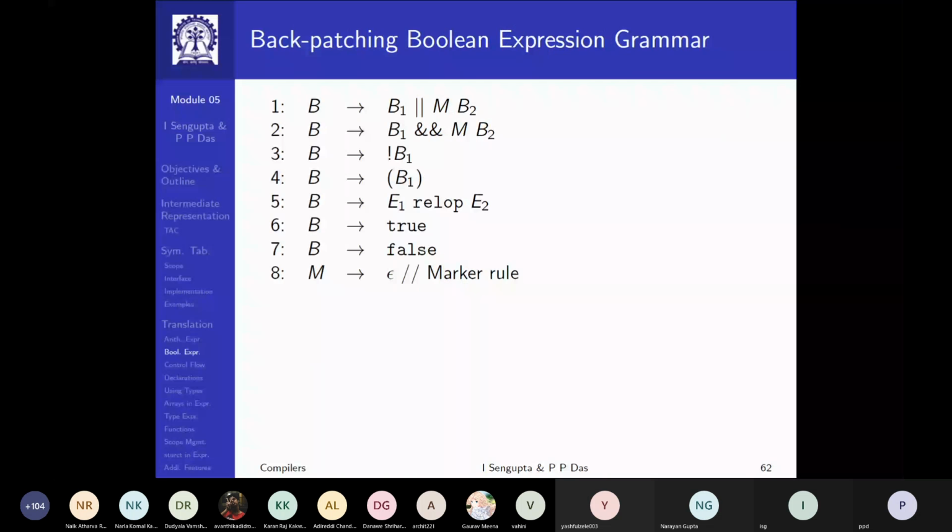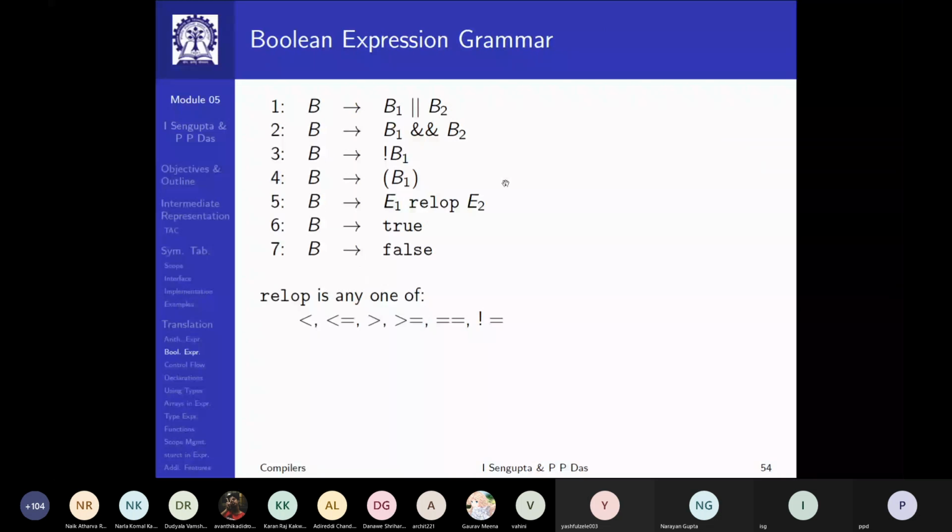Now we do something more. We have the grammar and just see that we have made some small changes in the grammar. We have put 2 non-terminals. Earlier, if I show you the earlier grammar once more, the standard B produces B1 or B2, B produces B1 and B2, standard grammar.